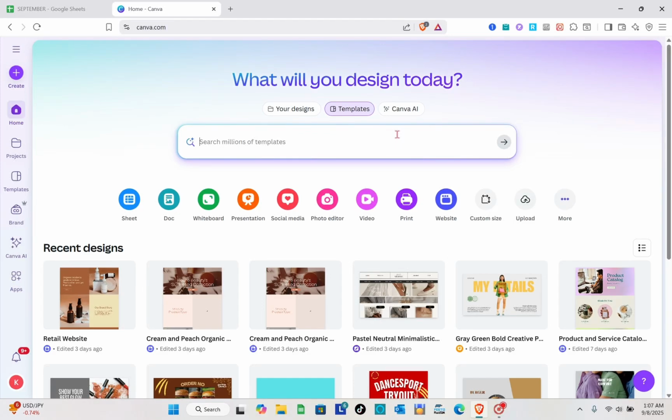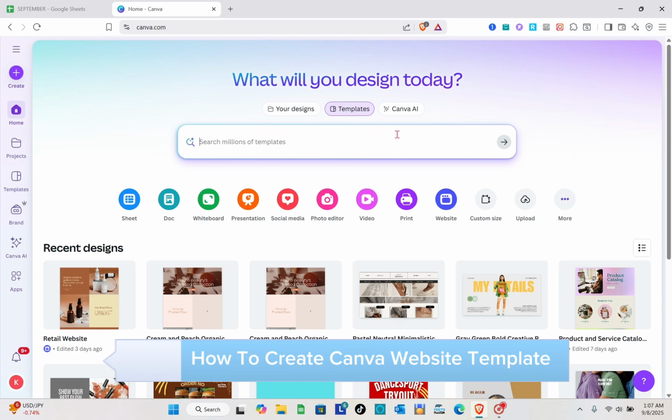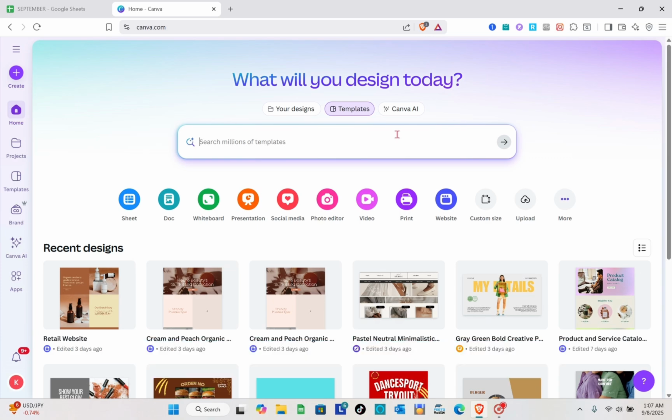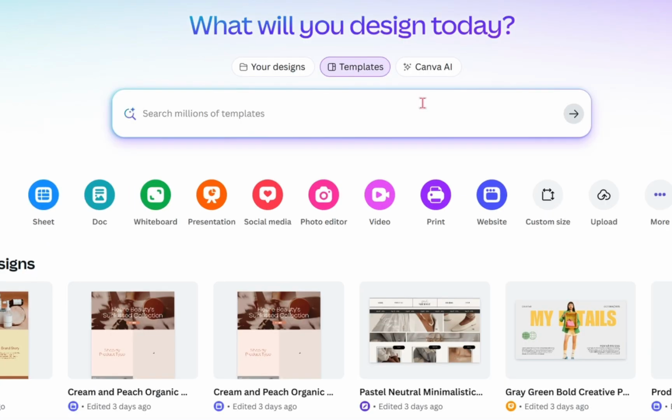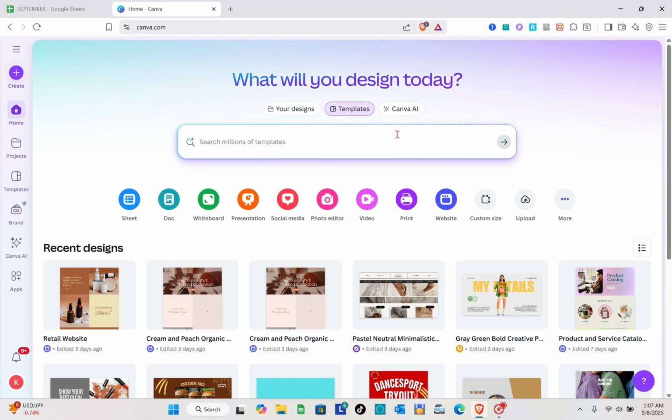In this video, you will learn how to create a Canva website template. The first thing that you should do is open your Canva application, or you can also use the web browser and search for canva.com, and then you just have to log into your